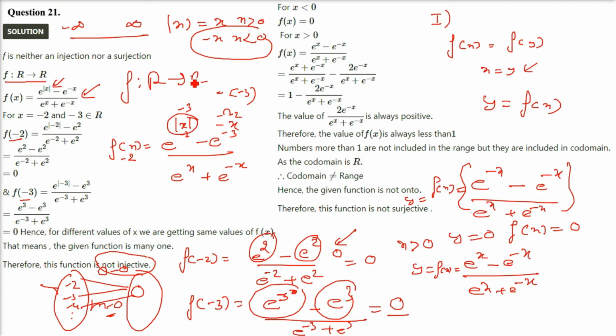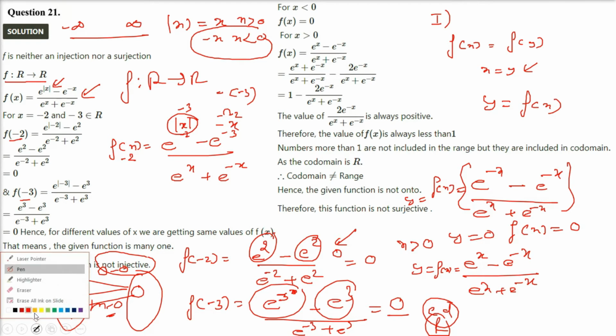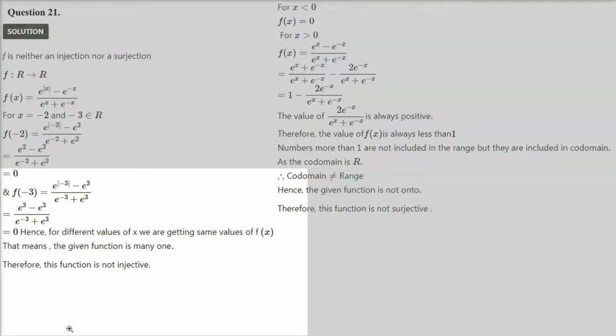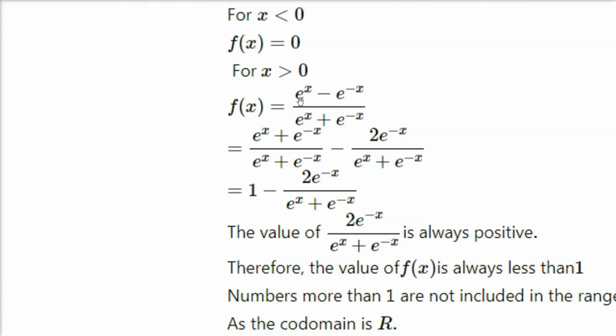So anything comes here in the real number, but we will try to prove that this f(x), when x is greater than 0, will always be a value which is less than 1. When it is less than 1, it will not match the codomain, which is actually the real numbers. So I'm just clearing it. Let me clear it and we'll try to manage this particular term. I'll show it to you here only.